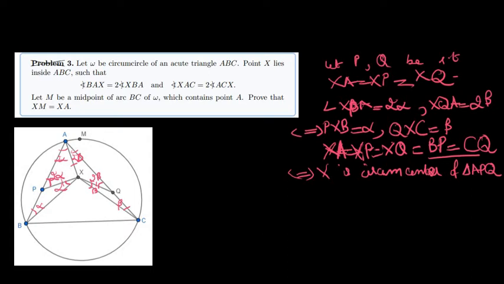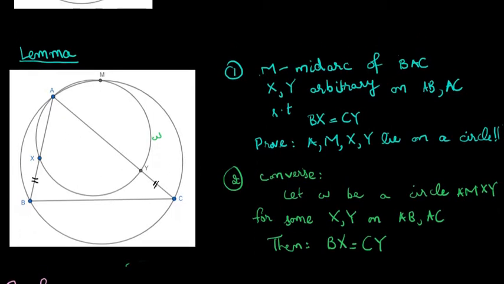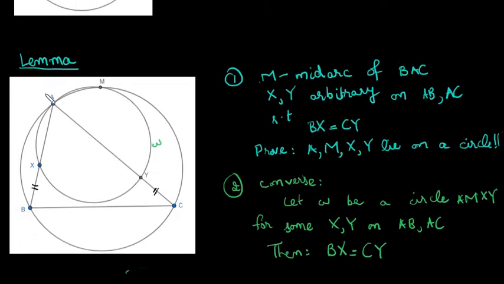So I'm going to scroll down and bring you to the lemma, and you can maybe pause the video and try to prove it. So the lemma says that if you have any triangle ABC, there are two parts. One is the forward one, and then there's the converse of that. The forward one says that if you have any triangle ABC and you have the mid arc of BAC, the one containing A, if you have the midpoint M of the arc, and you have 2 points X and Y arbitrary on AB and AC respectively, then the lemma says that if BX is equal to CY, so if these two lengths are equal, then